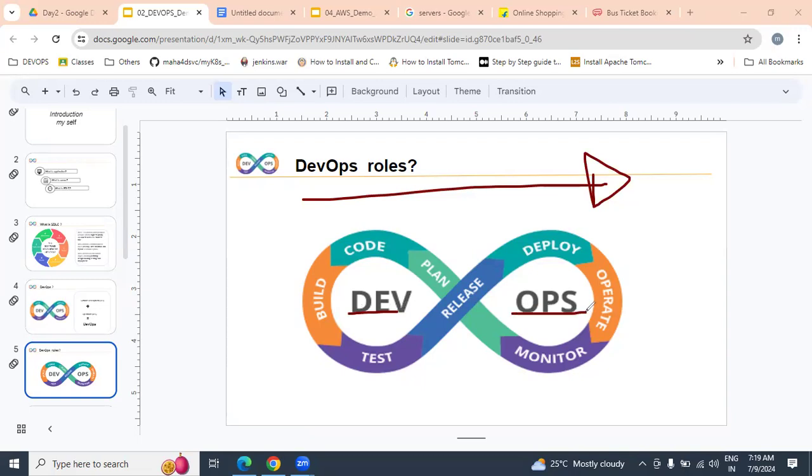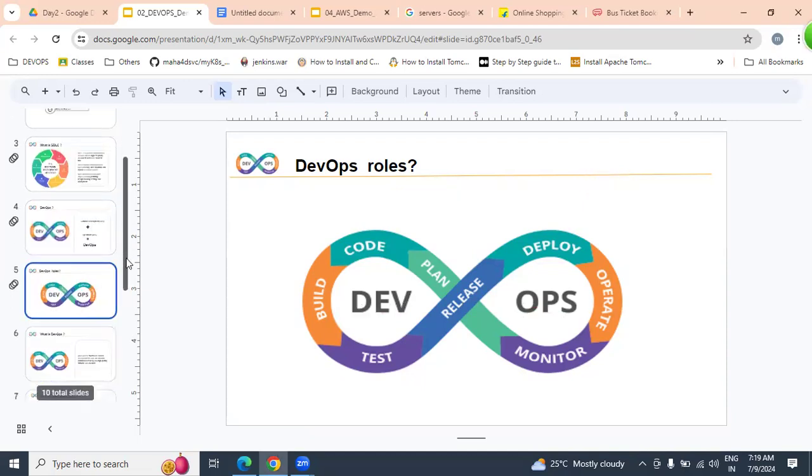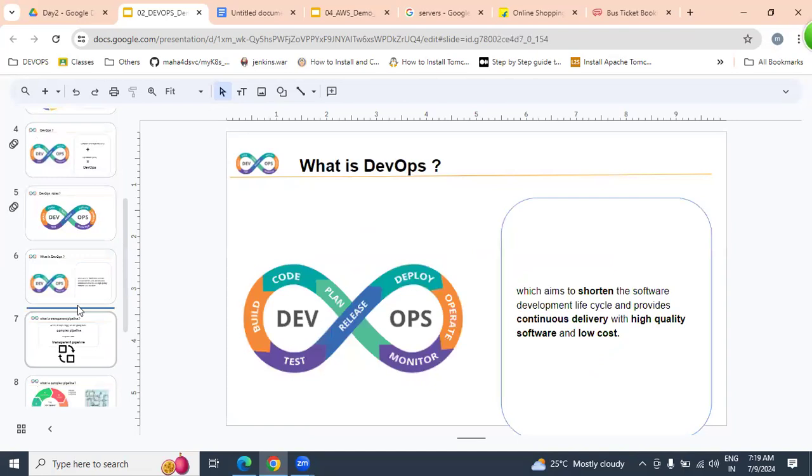So, as a DevOps engineer, we are going to implement an automated process from dev environment to operation. But while implementing this DevOps process, as a DevOps engineer, make sure you are delivering working software within a shortest time, with high quality, with low cost. That is nothing but what? The DevOps transparent factor.